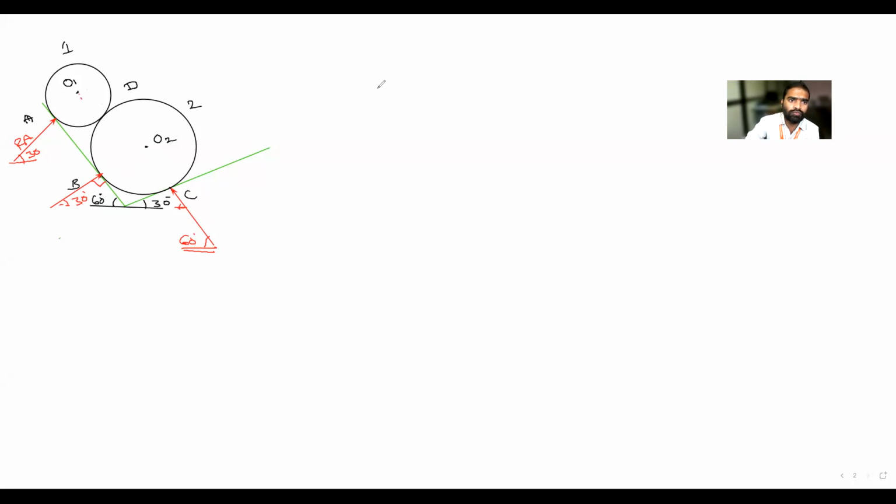So how to find out that reaction? That is from O1 to O2. Is it parallel to this first plane? No, sir. So I have to find the reaction. My intention is to find the angle made by this reaction. So how much is the angle made by O1O2? We solved a similar problem before. What did we do?